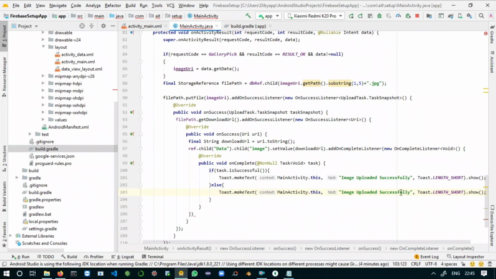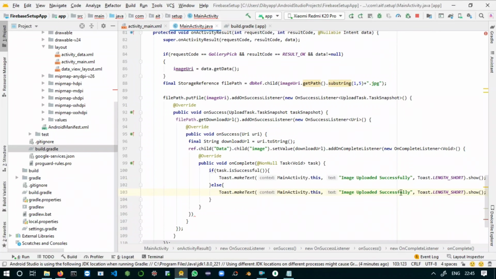So inside that we can retrieve: Picasso.get().load(dataSnapshot.child("image").getValue().toString()).into(imageView). Fine. Just call this method inside our onCreate method, getImage. So that's it, all about our main activity.